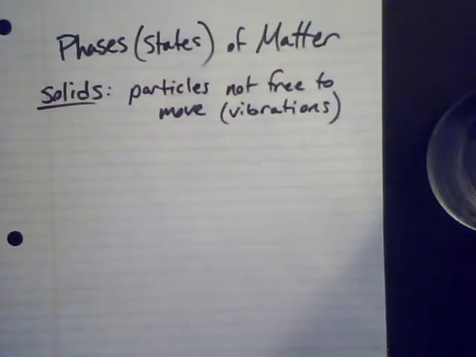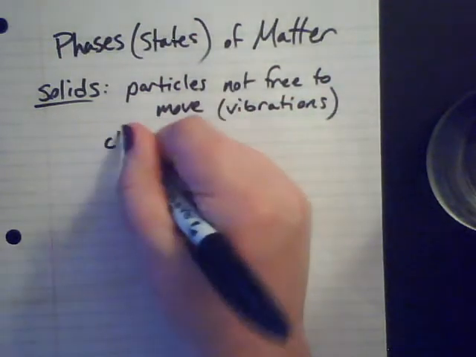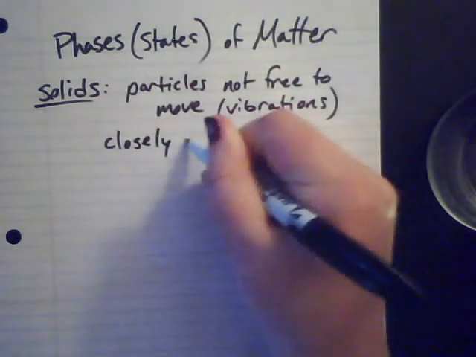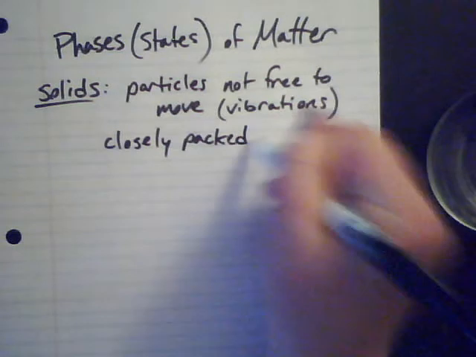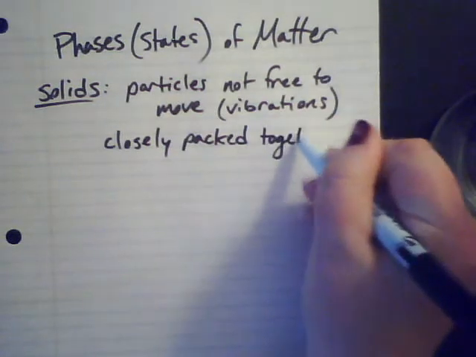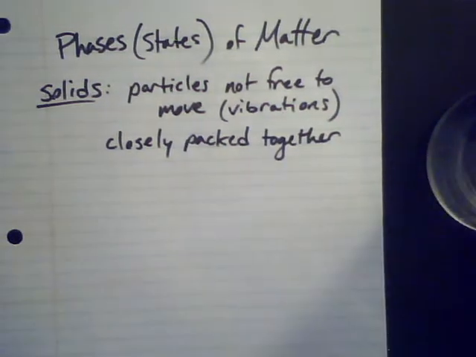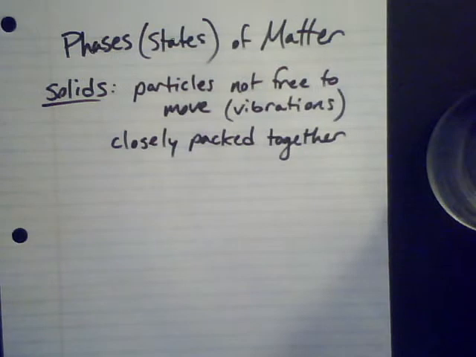And these particles are not very free to move around, and they're really closely packed together. So we could say that solids are pretty dense because that's how close together the particles are,